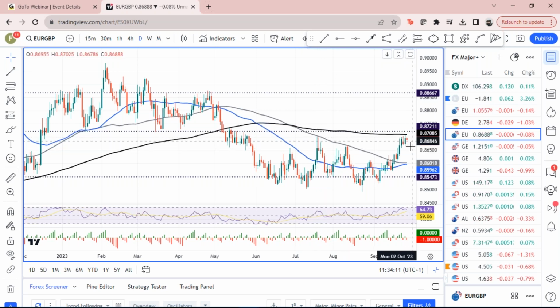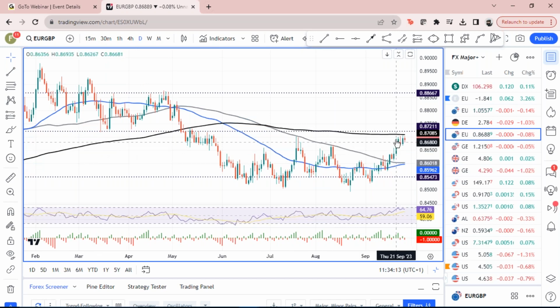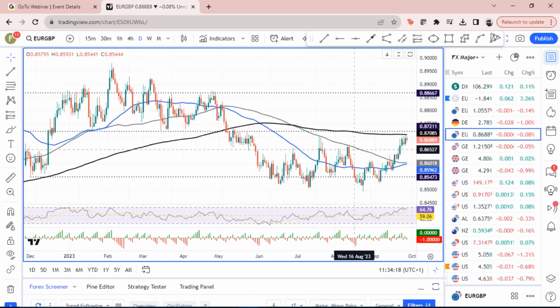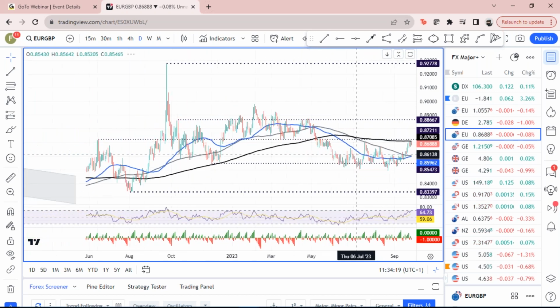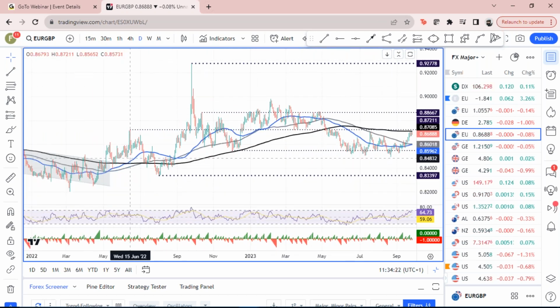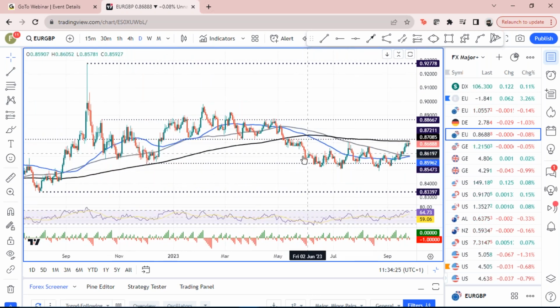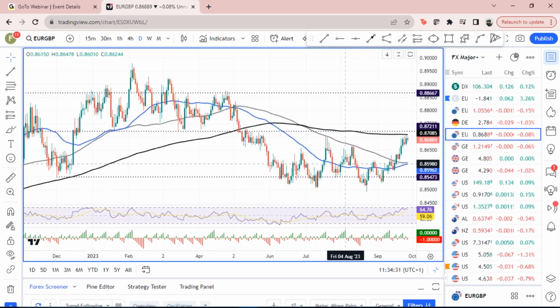So interesting. That looks like bullish consolidation to us. If we do break higher, push above 87.08, then we do have this high here, the June high 87.21, which had held, you can see, prices before then breaking lower. So that could be a level of resistance, a zone of resistance for euro sterling.